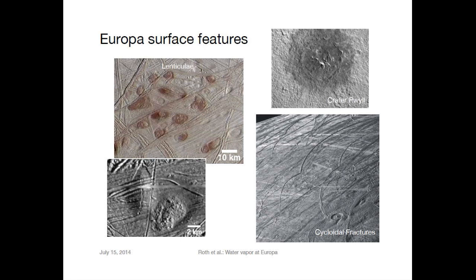There's, for example, these so-called lenticulae, kind of freckles that we zoom in on here to the bottom left. You can see that it looks like domes, and it's thought to come from warm material that rises up from below. Then you have replenished craters, or these cycloidal features to the lower right here